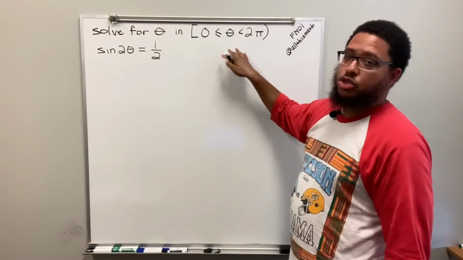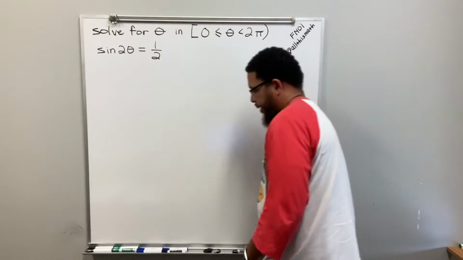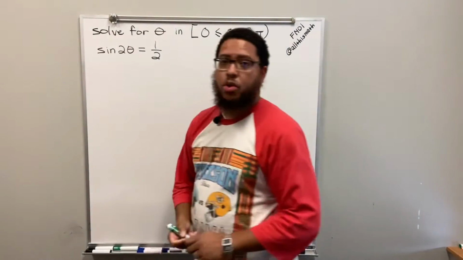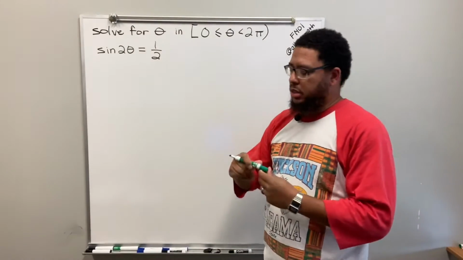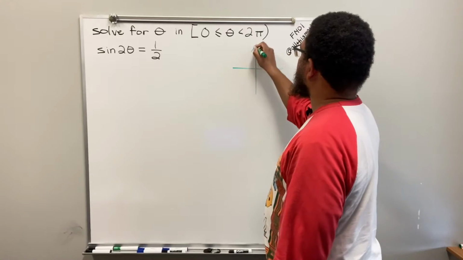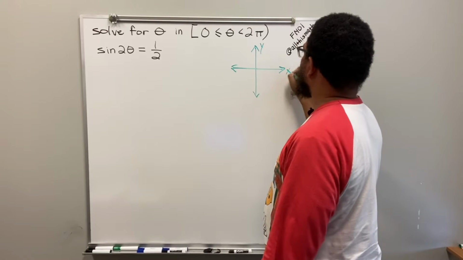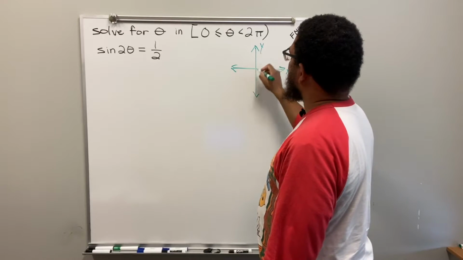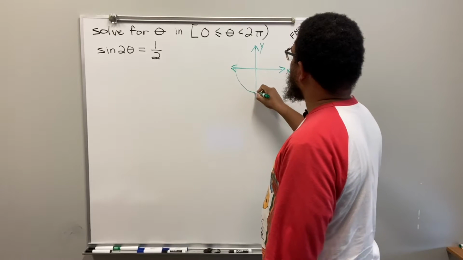So this represents the unit circle, something called the unit circle. So the unit circle is basically like, if you think of the coordinate plane from algebra, the coordinate plane with the x-axis and the y-axis. So take that into consideration, right? Like this, you got your y-axis, you got your x-axis, but then there's like a circle that goes around it. And within the circle, it's like a bunch of